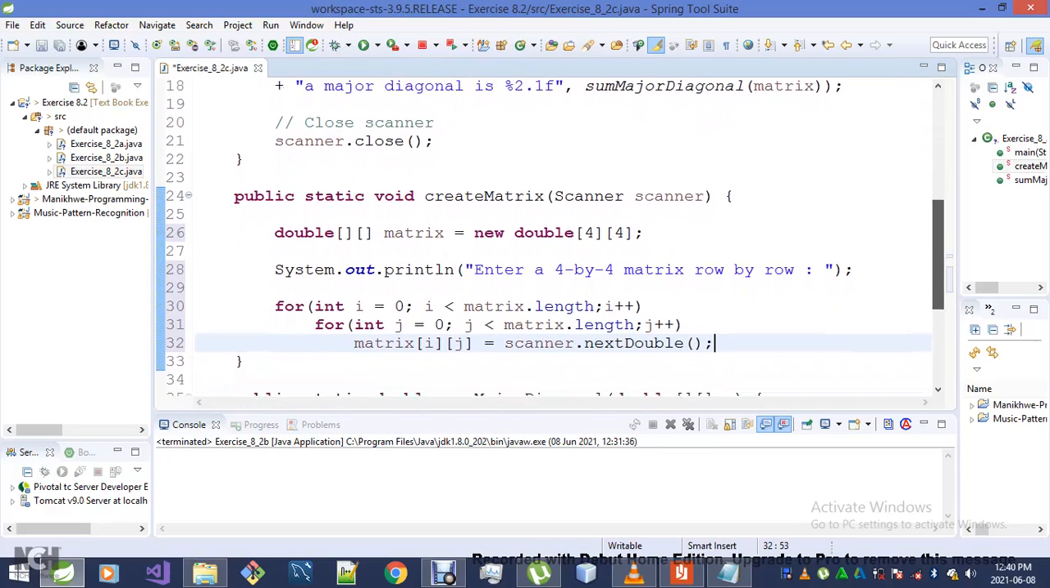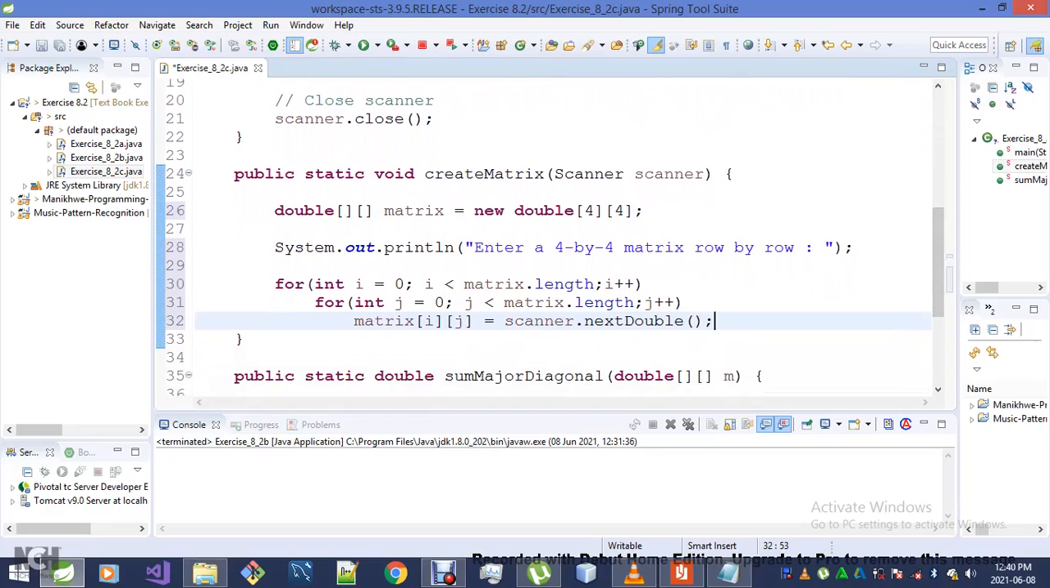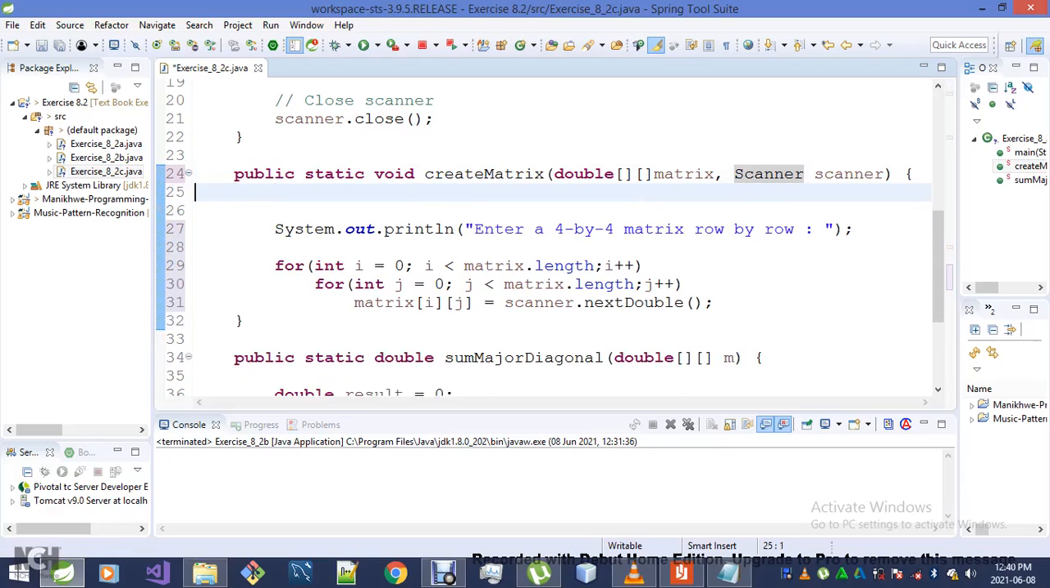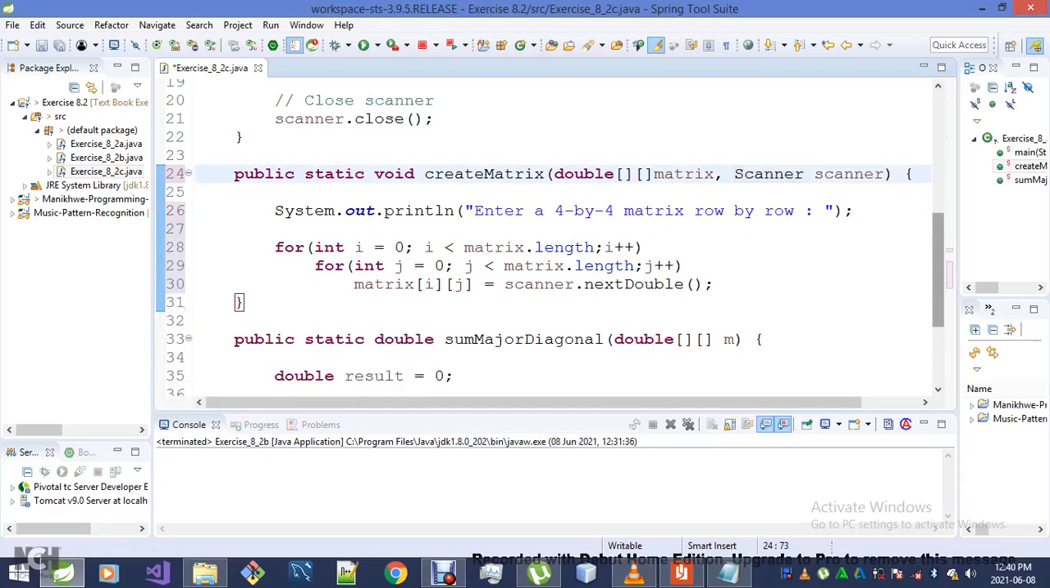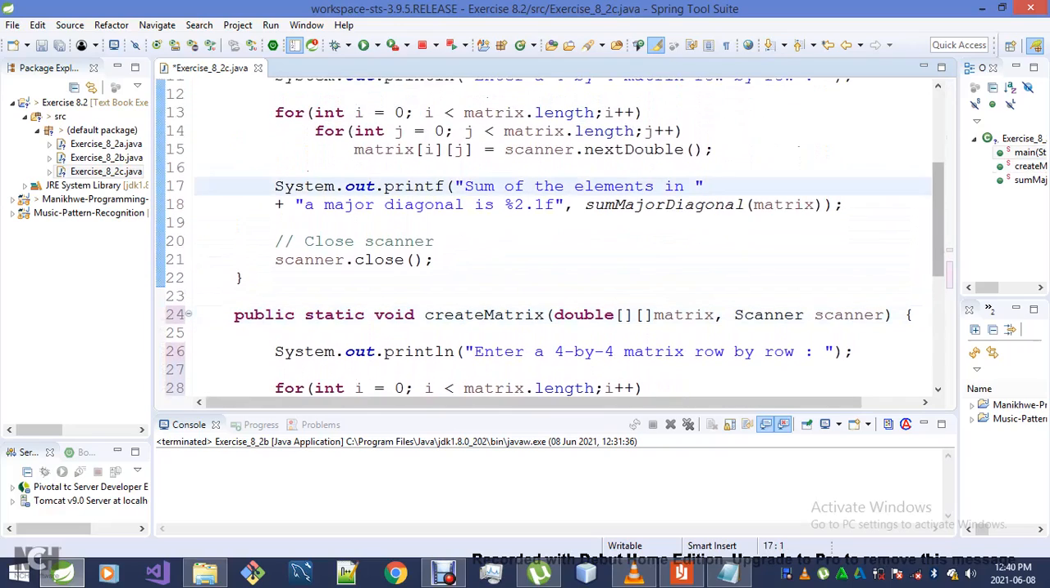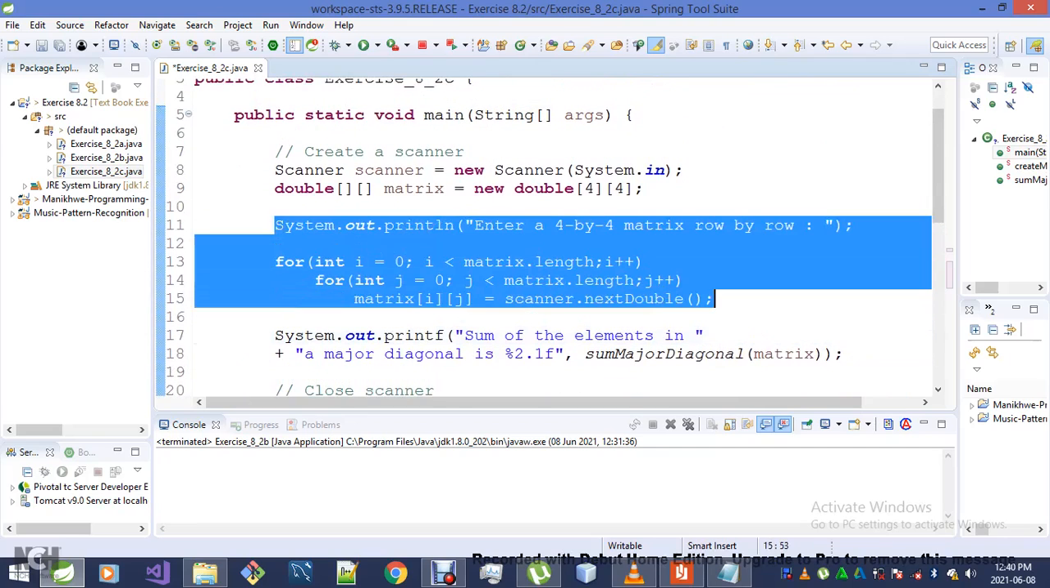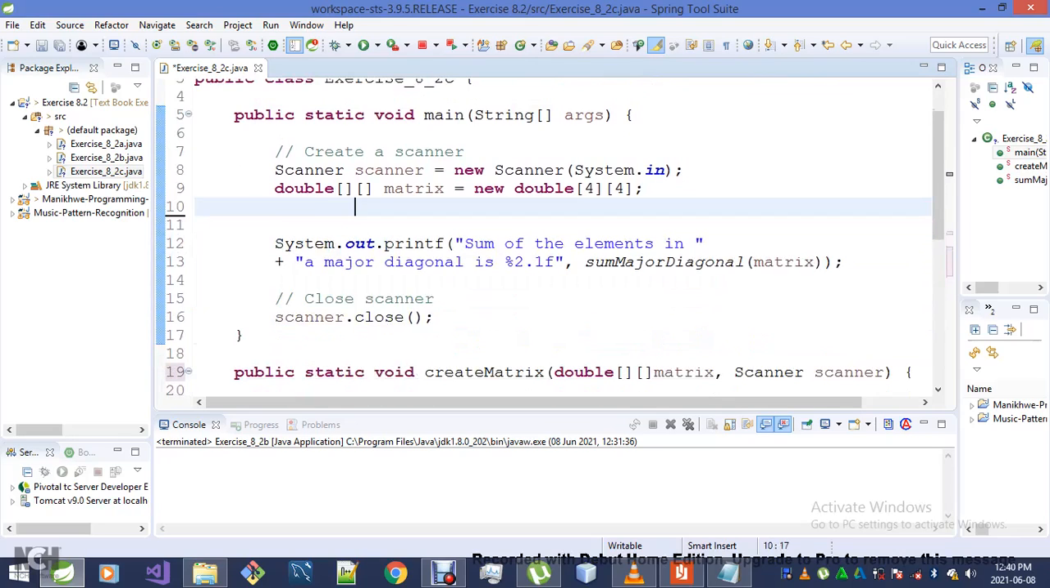I'm copying everything there. Oh, you know what? For a change, let's make this take two things actually. Let's make it take two things. Now we want to remove all of this, then simply invoke